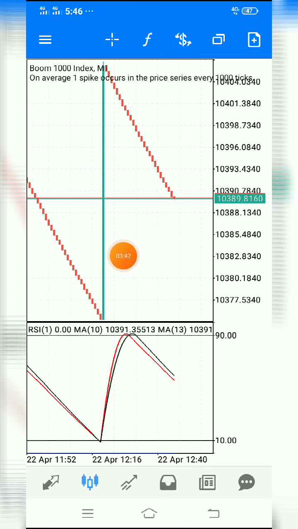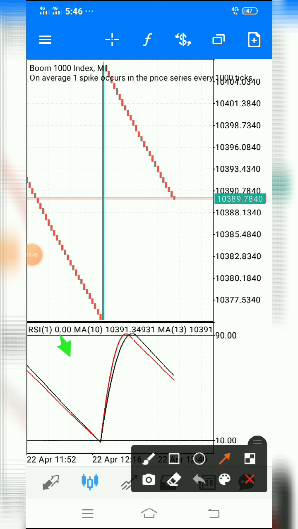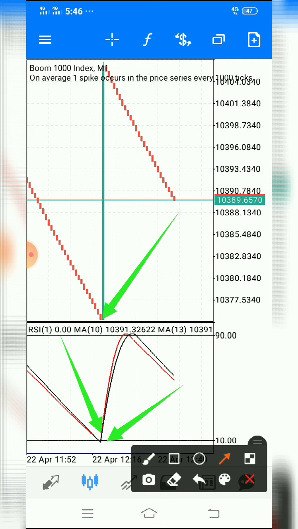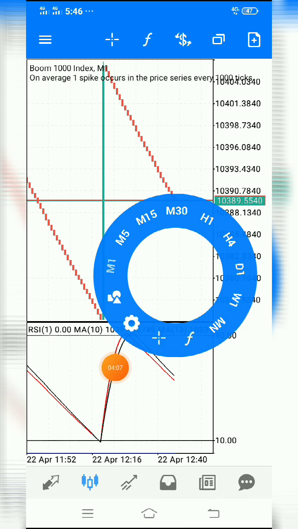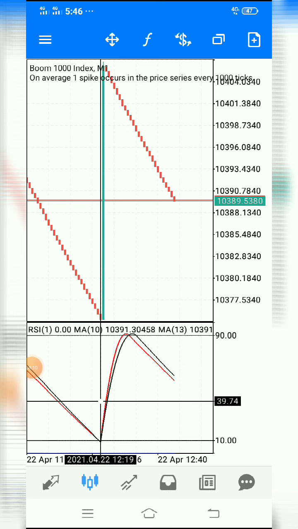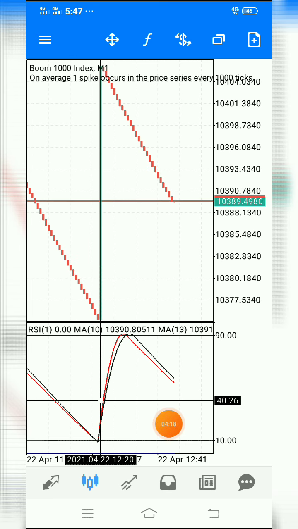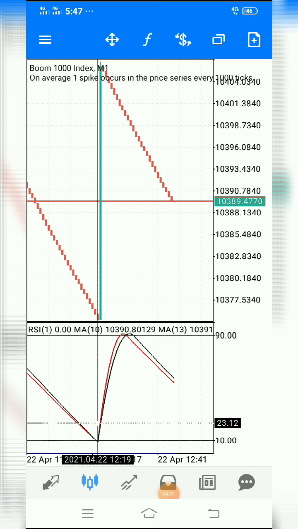Now you have to focus here. I am just trying to tell you how we should use this. You can watch, this line has touched the 10 line, so a spike comes quickly. If you still don't understand, I am going to show you how a spike can come. Now we have to select this option, and you can see this line touched 10, but after this line a spike has come, you can see the spike.